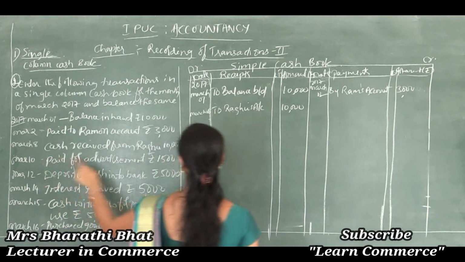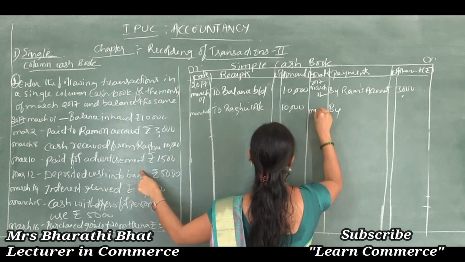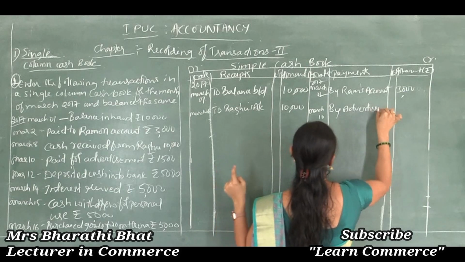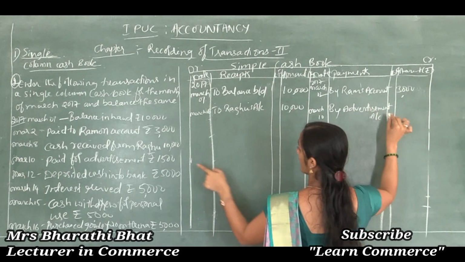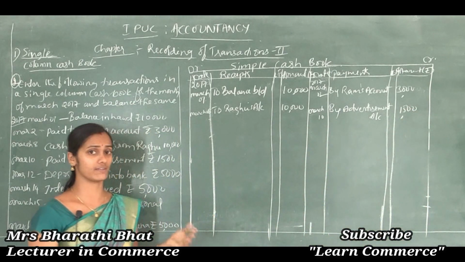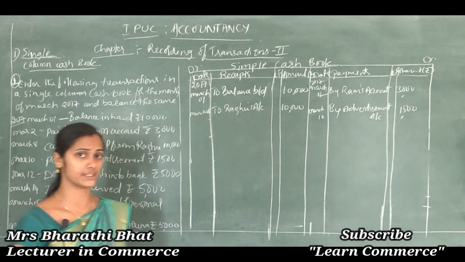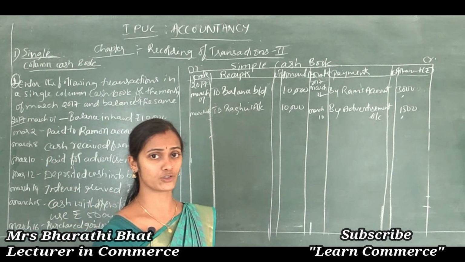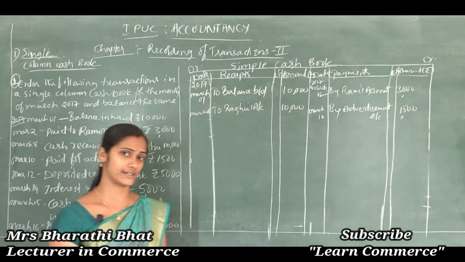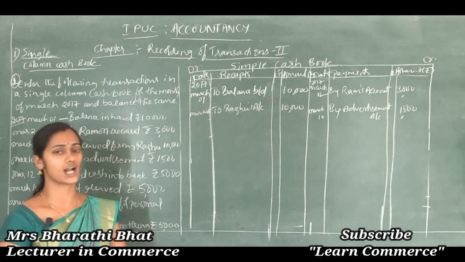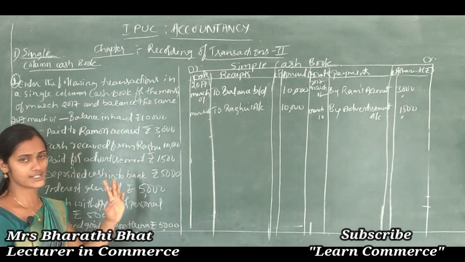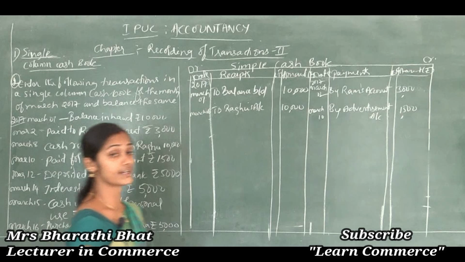March 10, paid for advertisement, by advertisement account, amount 1500. See, all these are expenses, correct, payments, correct, to give any advertisement about the product or about the company. The organization has to pay some amount to the advertisement agencies, so that is considered as what? Expense or payments. Postage, telephone, electricity charge, all these are what? Payments. So all payments are recorded under the credit side. And the next one is deposited cash into bank.